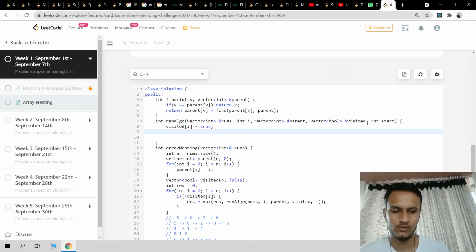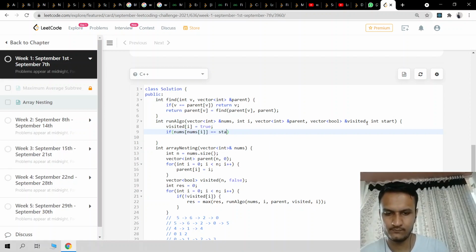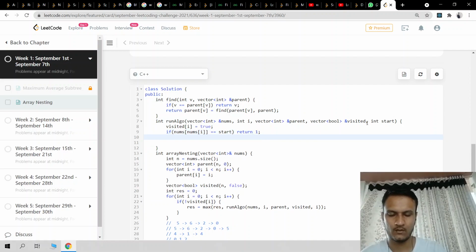अच्छा, नेक्स्ट अगर स्टार्ट हो तो हम जाएंगे, राइट? I can do that. So if first is nums of i, I am going to nums of i equal start, then I will return 1, else I will pass that nums of i. Okay, start सेम रहेगा, काउंट वहां से होगा, पूरा लूप जाता है वापस आता है, ठीक है? तो आते में काउंट बढ़ा जाएगा, नहीं मतलब 1 से 2 का लूप, 2 से 1 का लूप है.